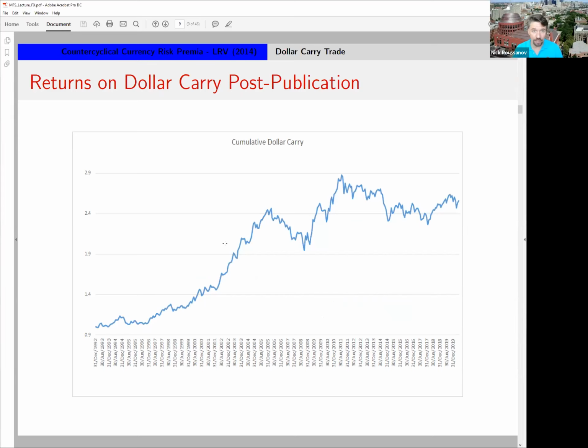One might ask, well, how has this thing worked, in fact, since publication? And here we have to be honest, it has not been as impressive as it was before we published, especially in our original sample, which ended right about here. Now the dollar carry trade did recover very strongly from the global financial crisis, and then did quite well going into the sovereign debt crisis. It had not done as well during the middle of the last decade, but again in the last couple of years,